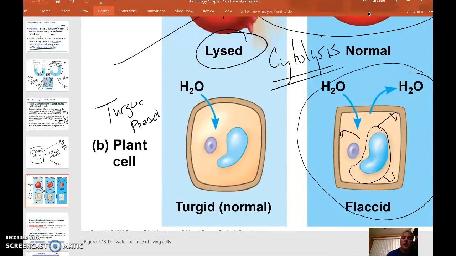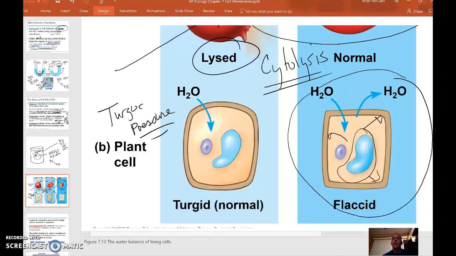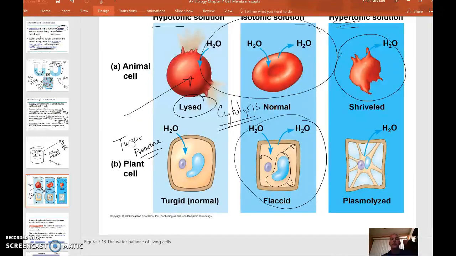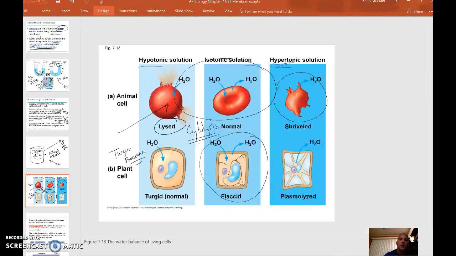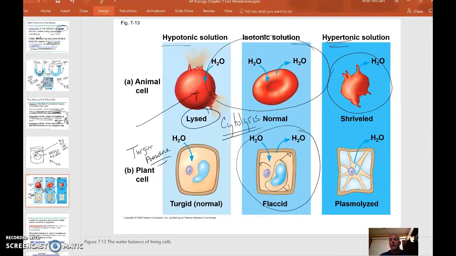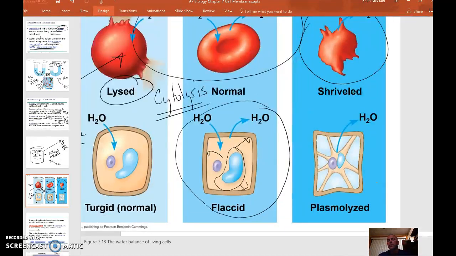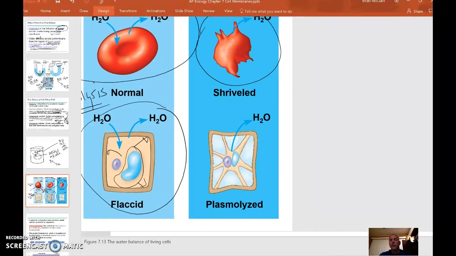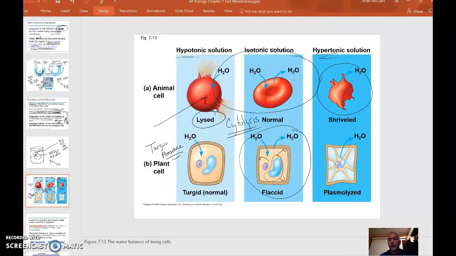So when you think about it, you go into a grocery store and they have vegetables that are being sort of misted with fresh water, or if you take a rose and you put it into a little vase with fresh water in it, you're keeping the turgor pressure up by creating a hypotonic environment. Worst case scenario for a plant is this last one where you get plasmolysis, and that's in hypertonic,